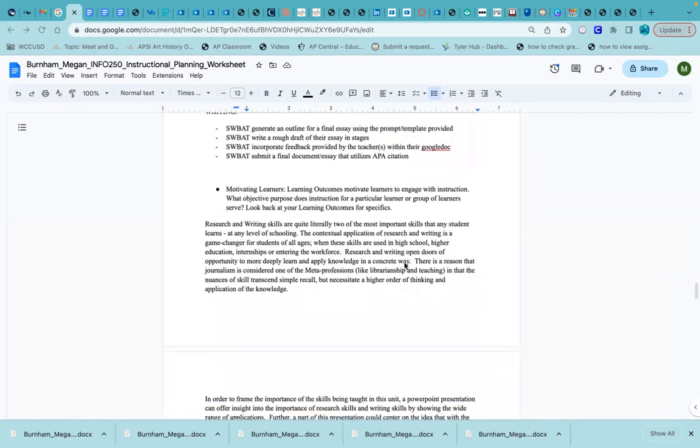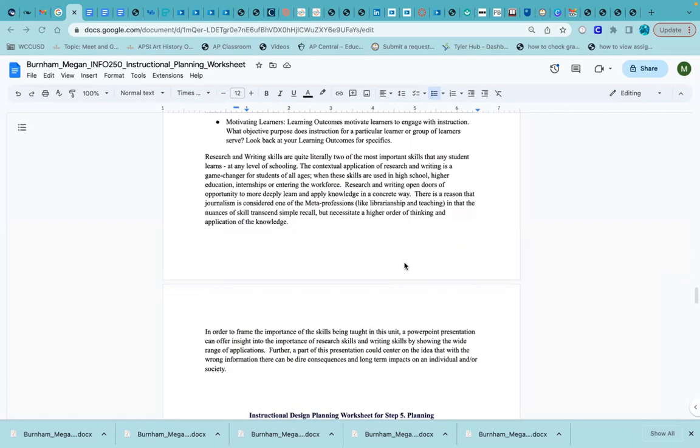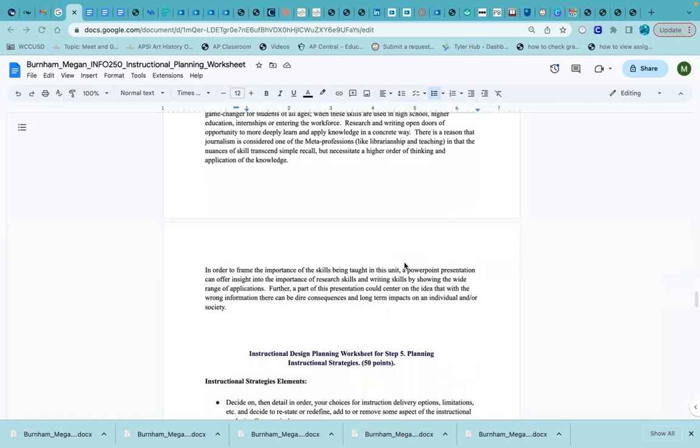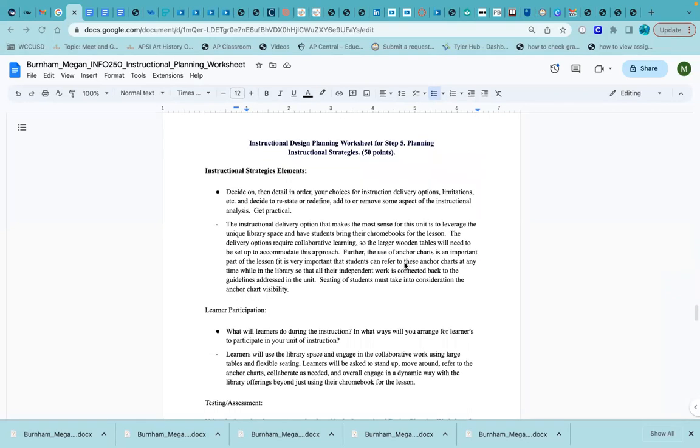Hoping to motivate them in any number of ways, hoping for that intrinsic motivation ultimately, so that they see how important these writing and research skills are, not just for this lesson and unit, but for their life in general. And then what I hope to do is provide a very engaging structure within the library setting to